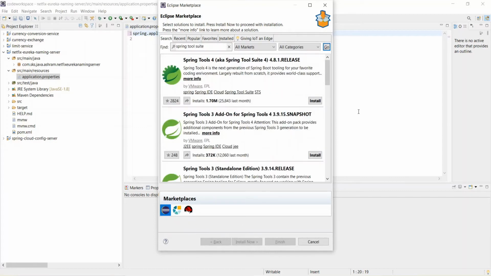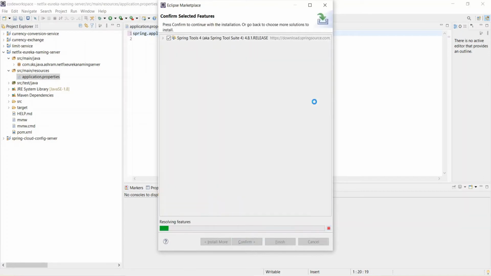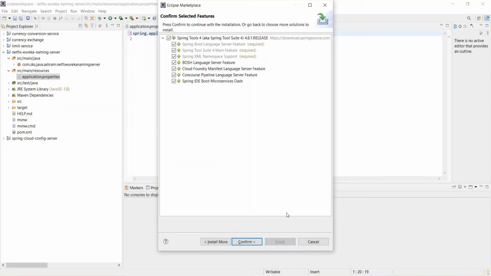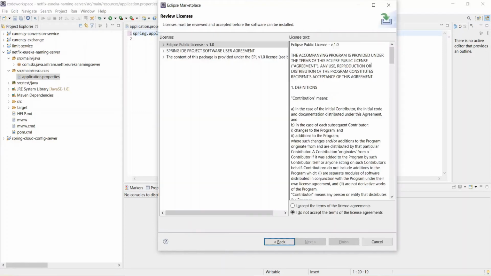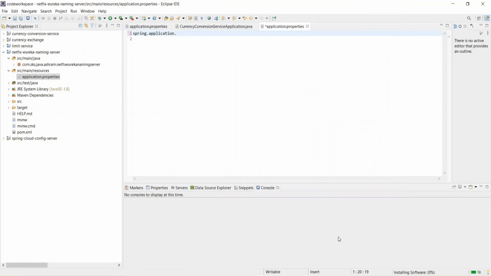Yeah, so select this one, Spring Tool, click install. Okay, let it install. Yeah, confirm. Yeah, I accept, finish. Okay, so see, the software is getting installed. Okay, so let it get installed.